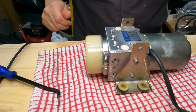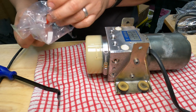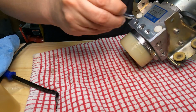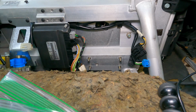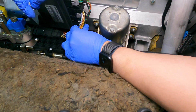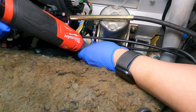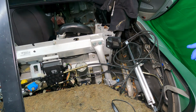All right, so I'm going to go ahead and refill the hydraulic cylinder now. There's no reason why I shouldn't. It's a pretty slow process. Hydraulic pump goes right there. All right, so I've got the hydraulic pump in place,